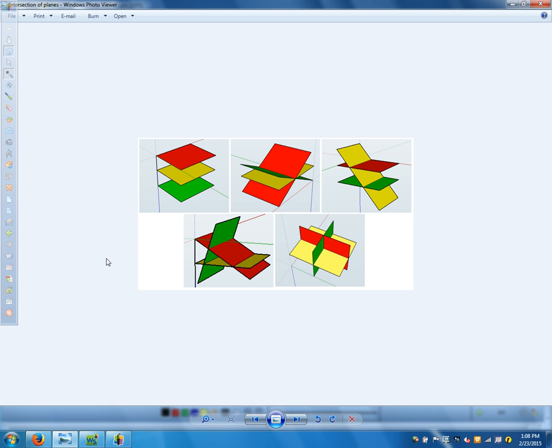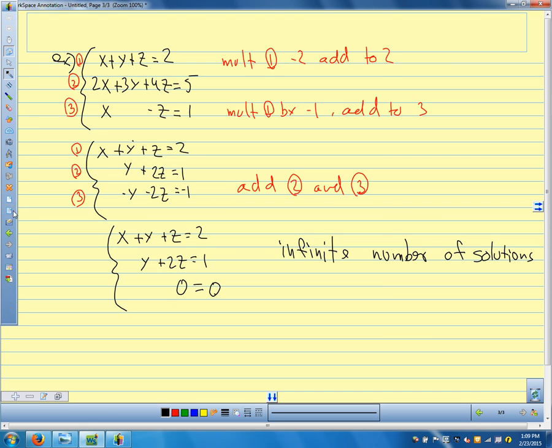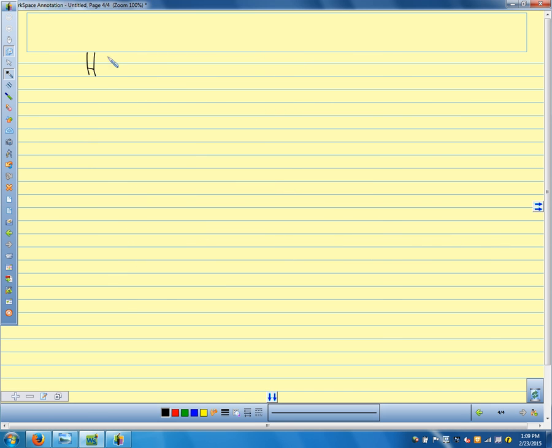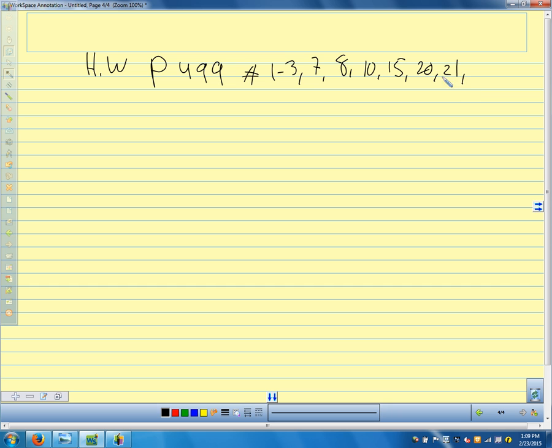All right, so questions on row operations using Gaussian elimination? Okay. Homework. All right, there we go. Some of these problems